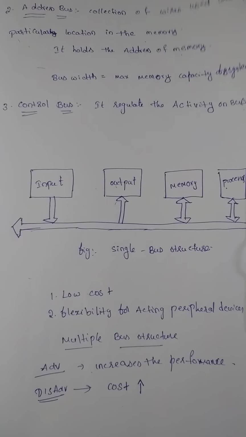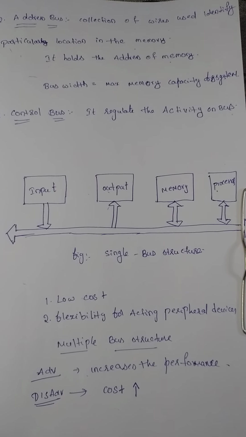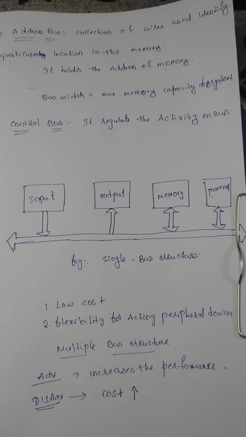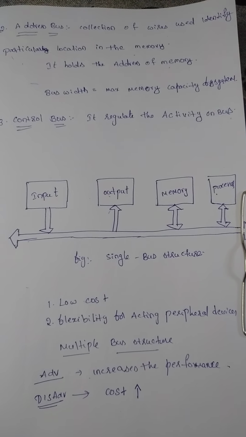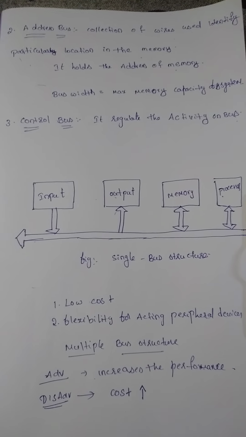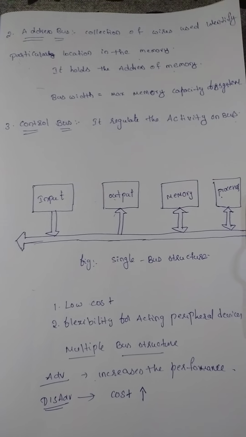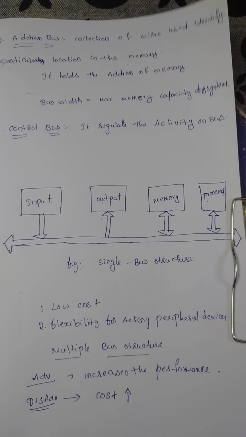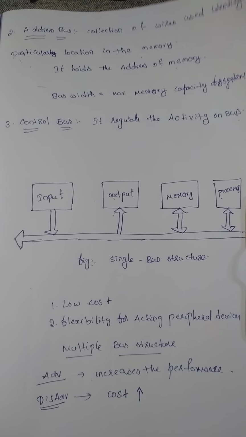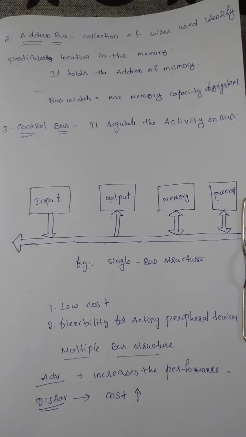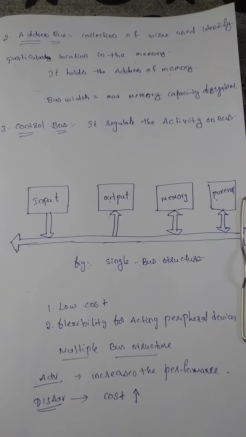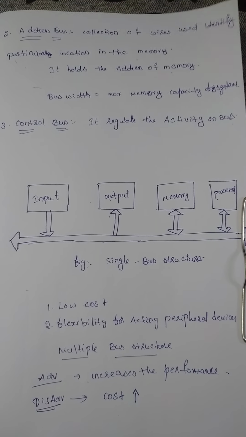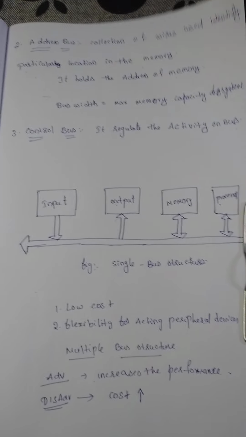First the data from the processor has to be transferred to the printer buffer register. Once the data is completely stored in the printer buffer register, only then does the printer start printing the data. During that time the processor is released and can be used for the next operation. Here we are again performing parallel operations, so the performance of the system increases. Okay, so this is the bus structure.